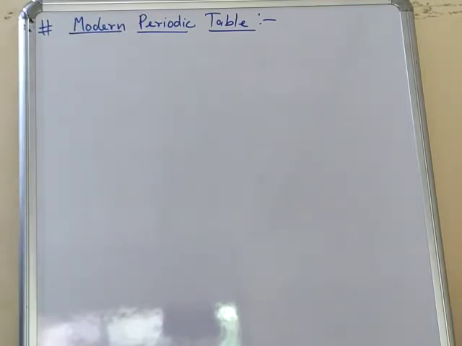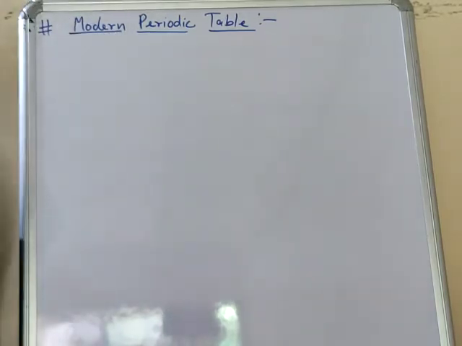And the position of cobalt and nickel. There is confusion in Mendeleev's periodic table, because the atomic mass of cobalt is 58.93 and the atomic mass of nickel is 58.71. 58.71 is less, but he put cobalt before nickel. That problem is solved in the modern periodic table, because we have made the table on the basis of atomic number.